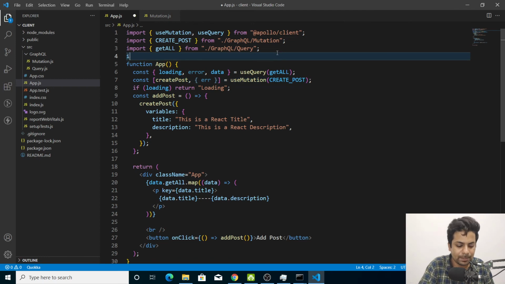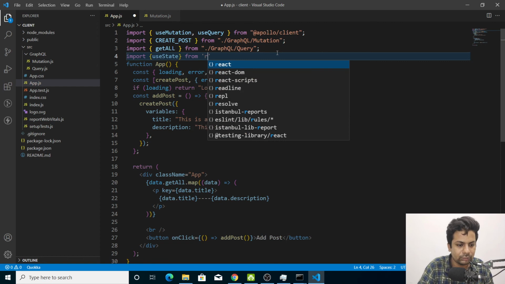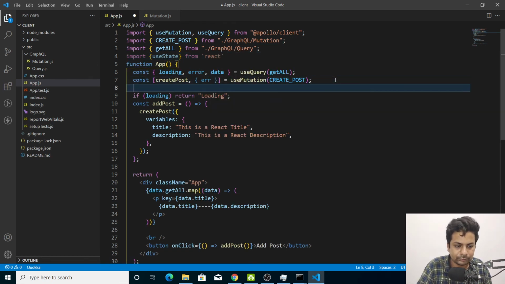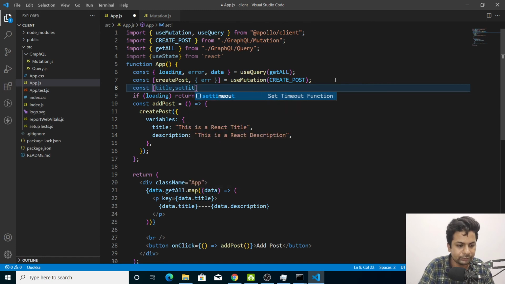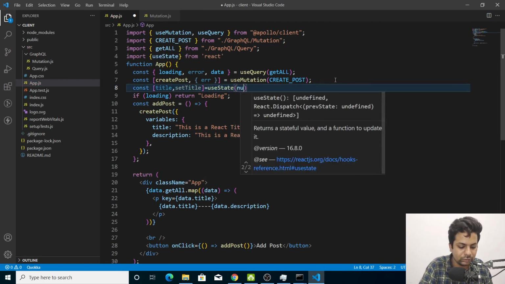So we'll say import useState from React. And here we'll just make const title, setTitle equals to useState null.